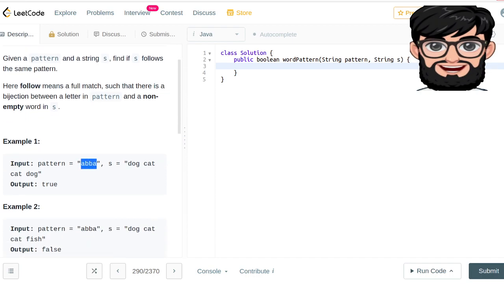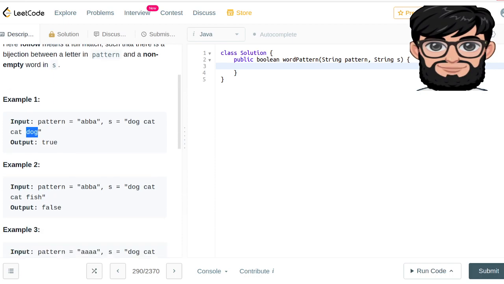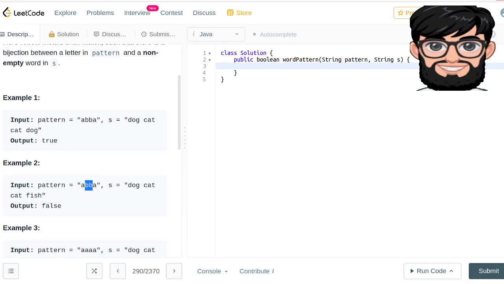So if the pattern is A, B, B, A, and s is the string dog, cat, cat, dog, the answer is going to be true, because once we assign A to dog, whenever A comes again, we need to make sure that at that particular position or index, we have the same word. Over here, A, B, B, A, and if the string is this, it's going to be false